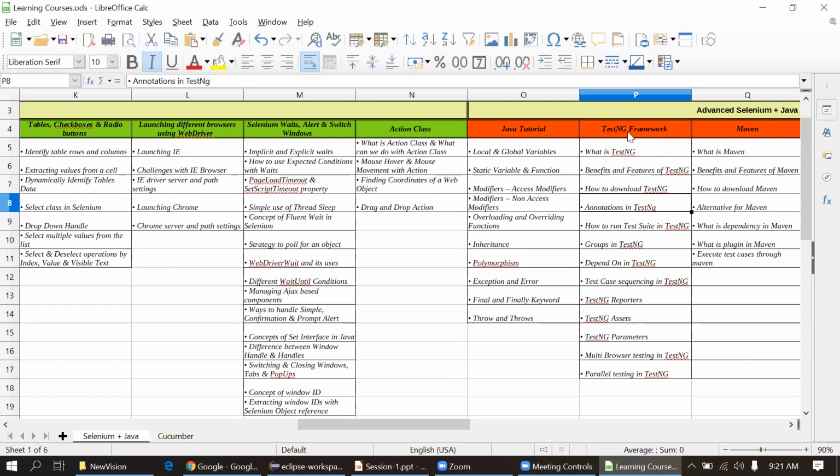But you know, a Java class cannot be run without a main method. Every time you have to write a main method, and only then can we execute our code. So there is one framework, TestNG, developed to make our tests easy. TestNG means Test Next Generation. The previous version is JUnit.